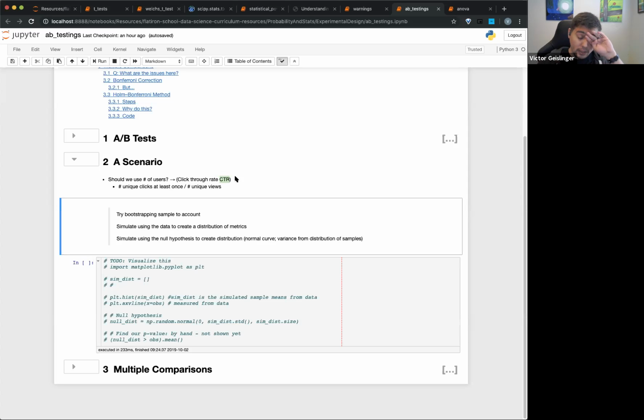But what you could do essentially is bootstrap the sample. Just try to read this a little bit. Try bootstrapping the sample to account for, oh, I didn't finish this sentence. See, this is all work in progress. But you can basically bootstrap to